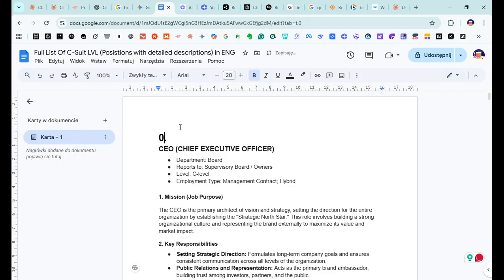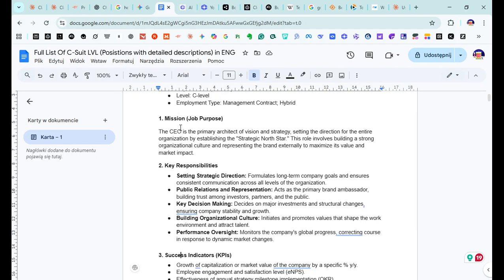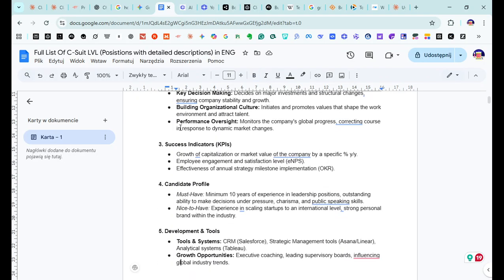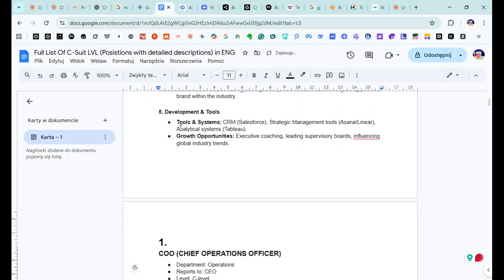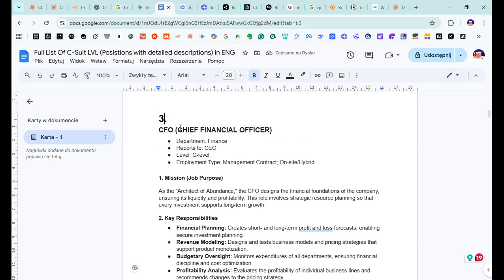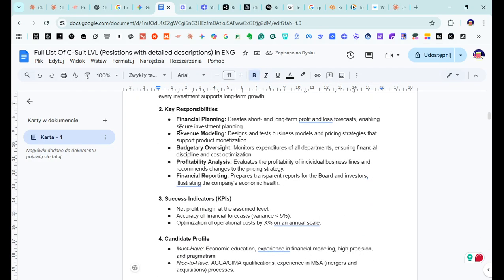Or get back to the basic idea of making the CEO a zero position. CFO would be second.